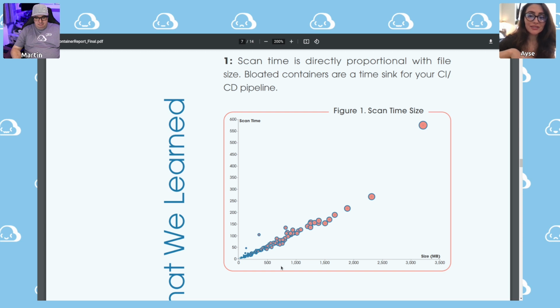But even with the smaller images, we have seen some not so innocent issues. So it is not just about how big your container is. And in certain environments, for example, we looked at the data science category specifically, very large containers on average. Maybe for that, we can look into figure number 2.